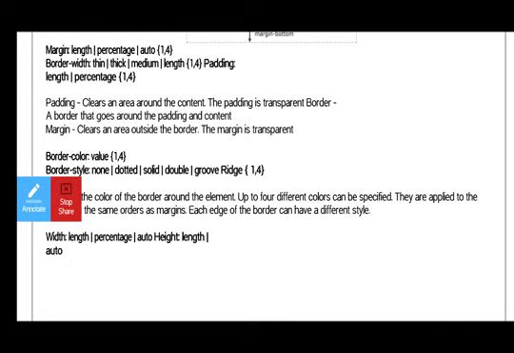The padding is a transparent border, a border that goes around the padding and content. So a particular border goes around the padding and the content. Padding clears an area around the content. The padding is a transparent border that goes around the padding and the content.